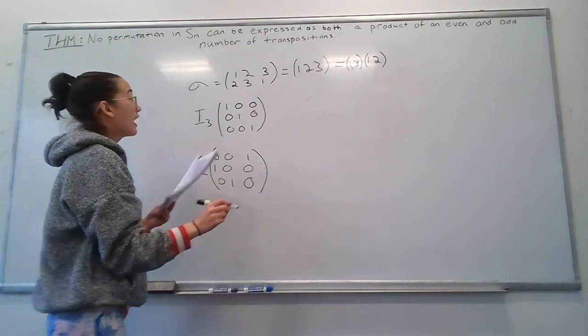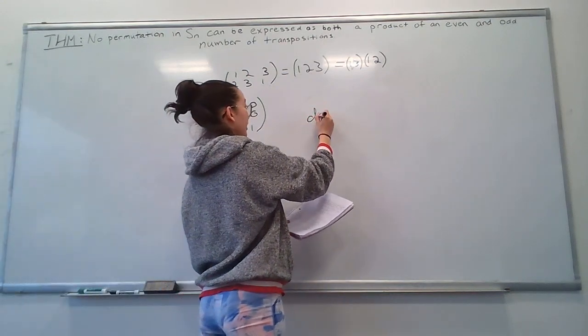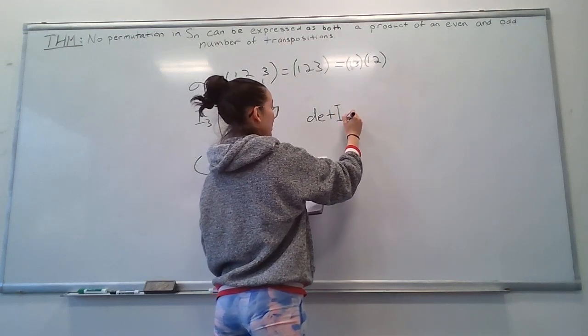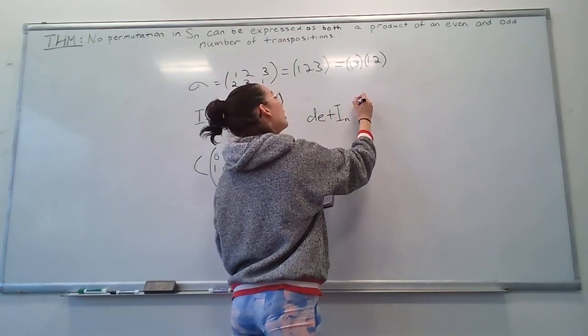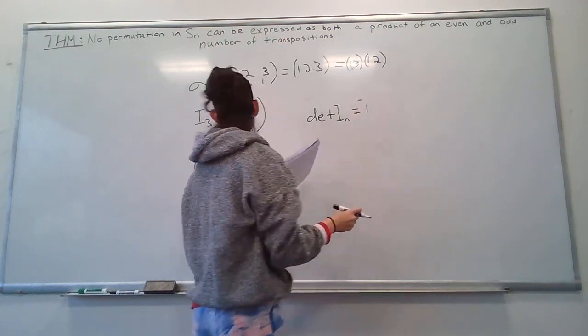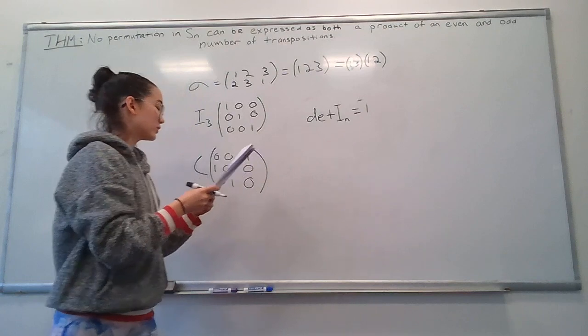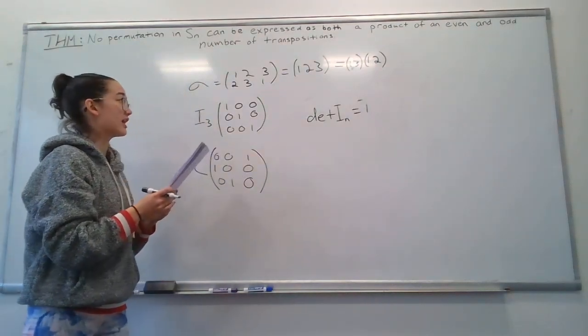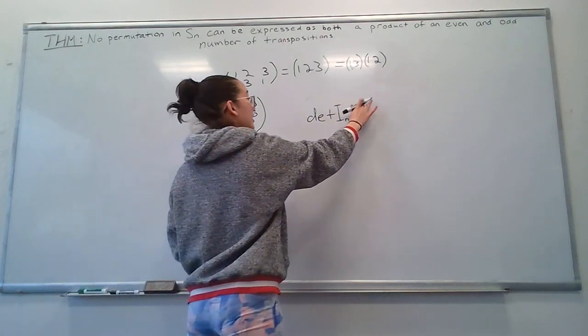So we know that the determinant of the identity matrix is 1. And we know that by switching any 2 rows of the identity matrix, that'll change the sign from